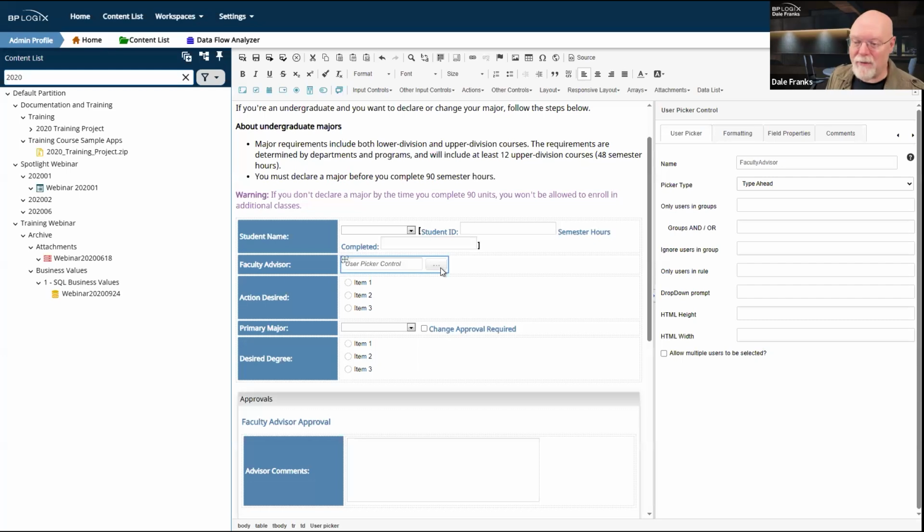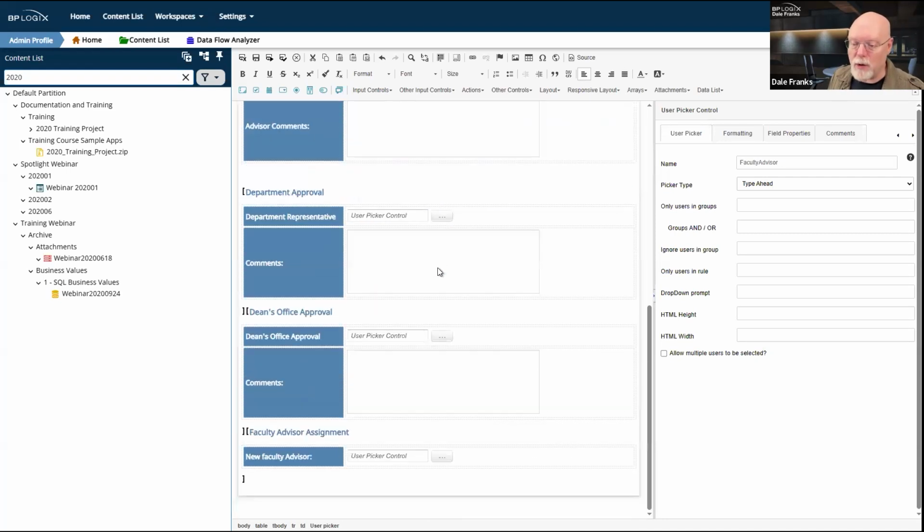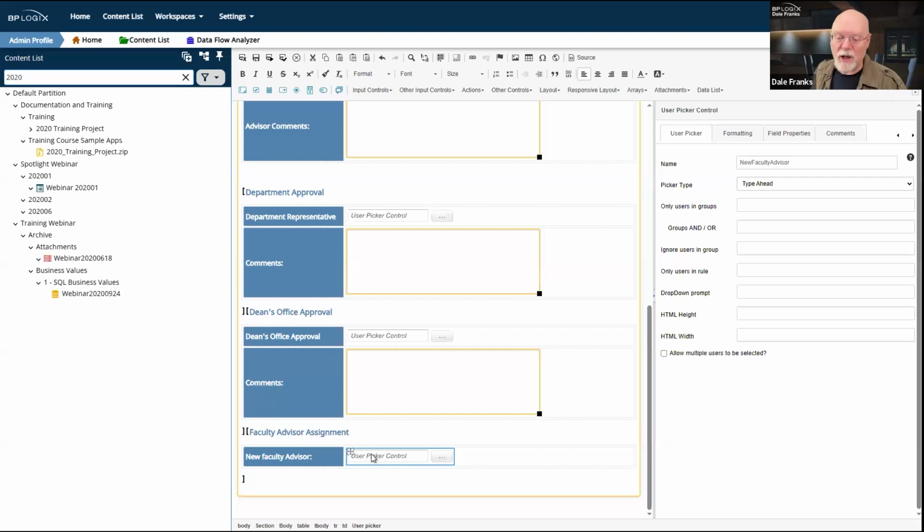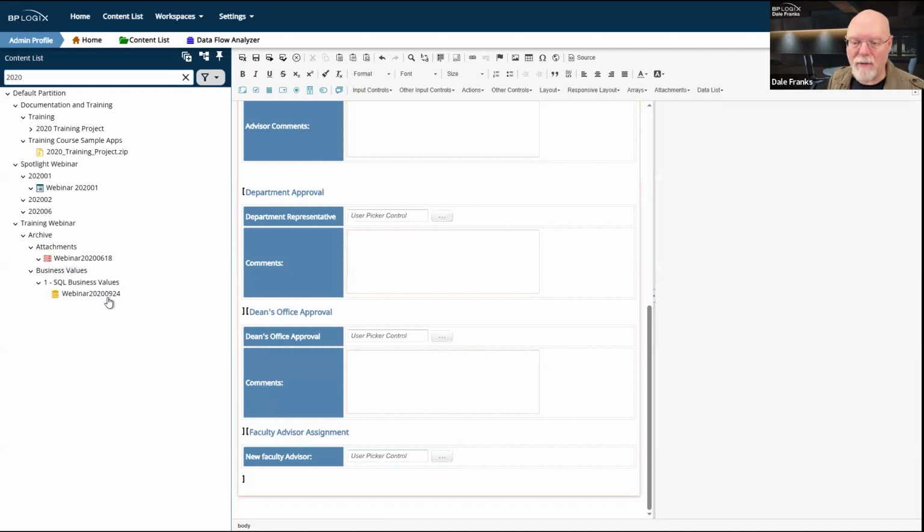So both the faculty advisor, whoever the current one is, whenever this request is put in, a task goes to the faculty advisor to review, and it goes based on this user picker control. And then when a new faculty advisor is chosen by the dean's office, or by the registrar rather, then that new faculty advisor will receive their task that says they've been assigned a new student as their new faculty advisor. So, okay, great. All I need is a user picker control, and then I can assign via form field all day long. So assigning via form field is real convenient because I can use it for both existing users.